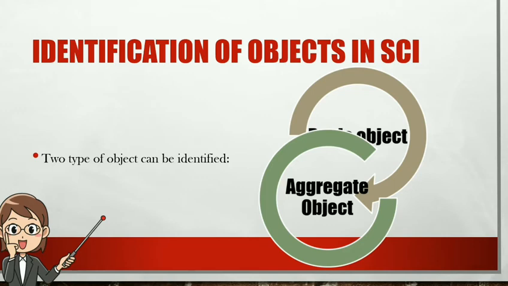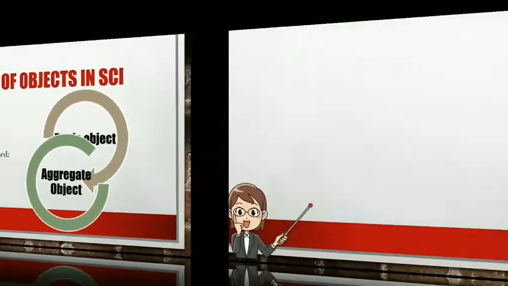Since each object in the product has some distinct feature that makes it different from other objects, the object has a unique name, a description and a list of resources associated with it. The name of the object should be very clear and distinct. The description of an object should identify the type of software configuration item, that is SCI, that is represented by the object. So this is how an object is identified.